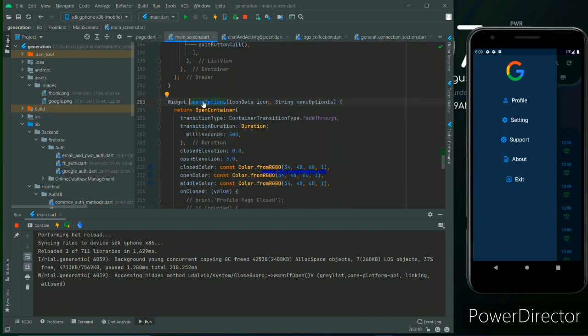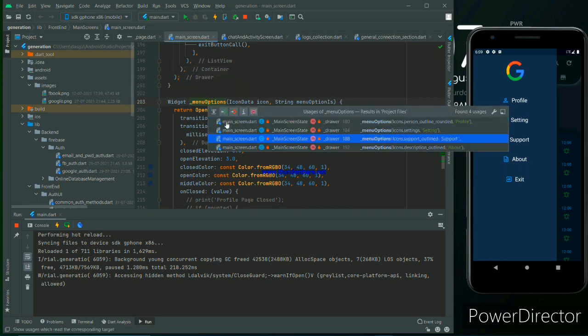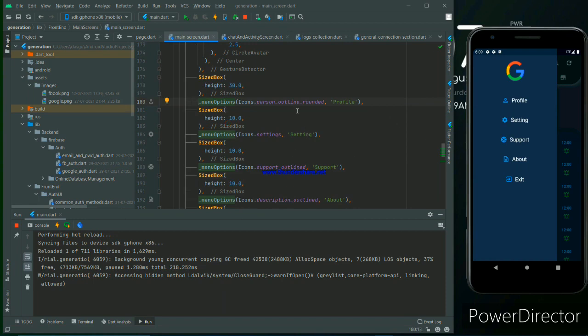What that is done, this is a method, not a widget. This is a method that is covering a widget and all the stuff, and that menu option is actually the common method for making the UI of every option screen. Okay, for every option screen, this is the common method to make every menu option UI.